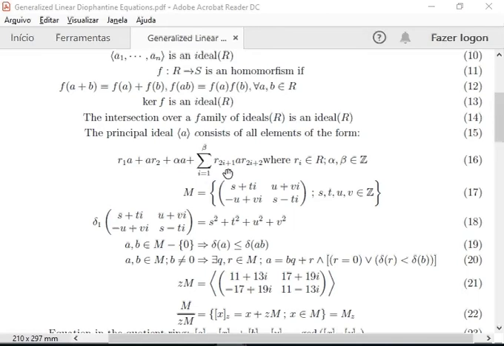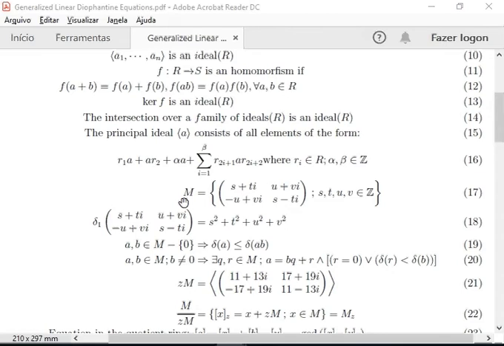Then we have r1, r2, r3, r4, ri in R and alpha, beta are integers. We multiply by an integer with some integer indexes, and